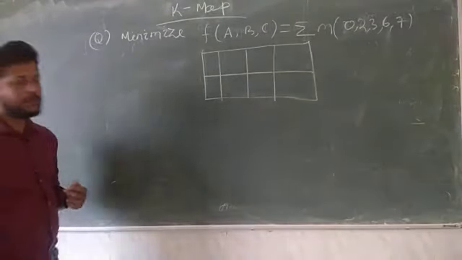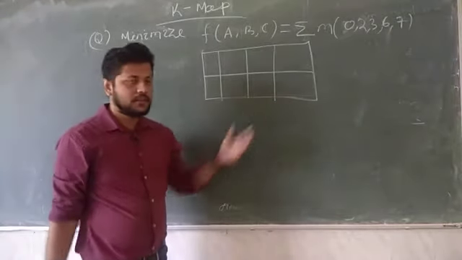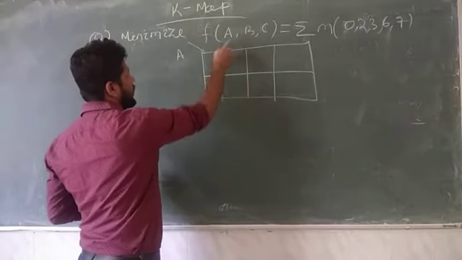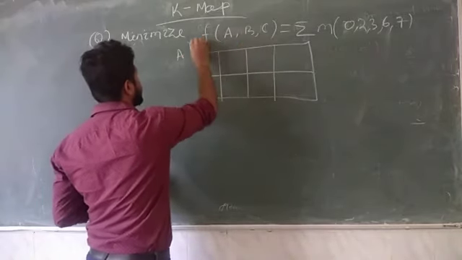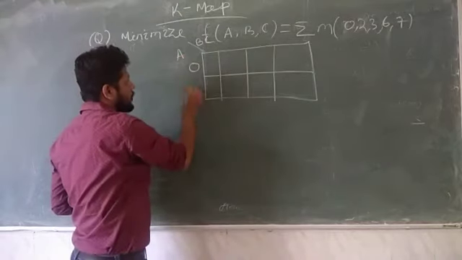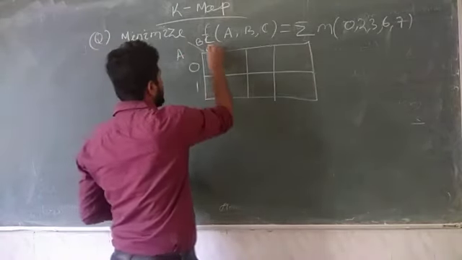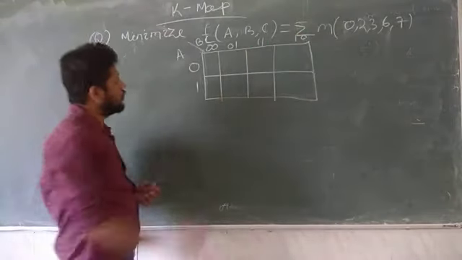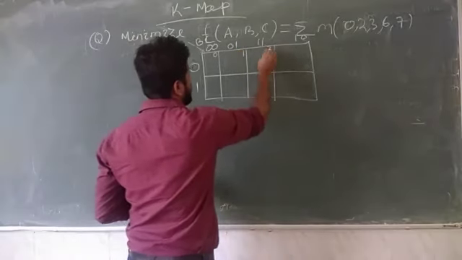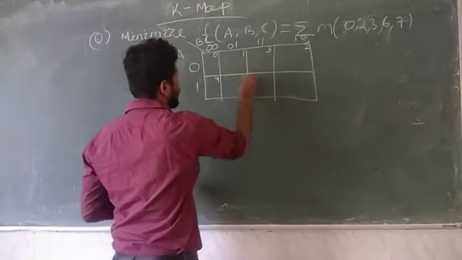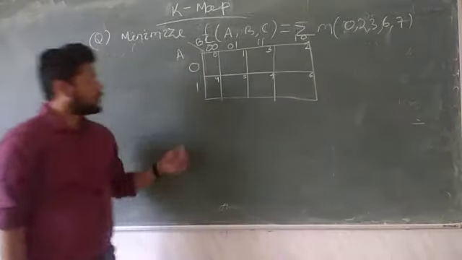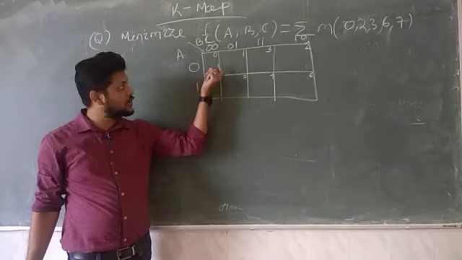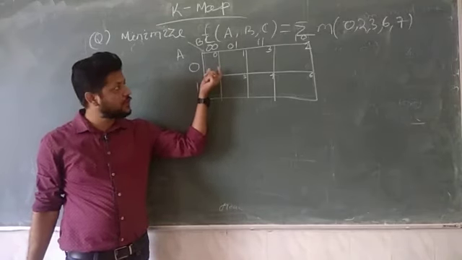As this is a 3 variable K-map, hence we need to draw 8 cells, starting from 0 to 7. Here the most significant bit is A, and thereafter BC. A can be 0 or 1. BC is 00, 01, 11 and 10. So the cells are 0, 1, 3, 2, then 4, 5, 7 and 6. As I have written in the corner of each box, this is actually the cell number, not the min terms.